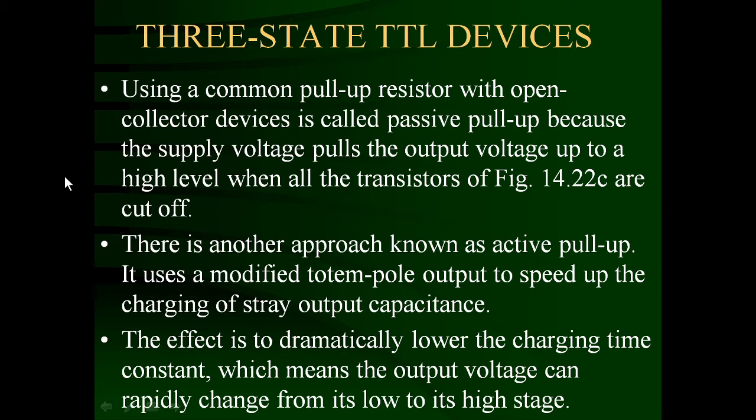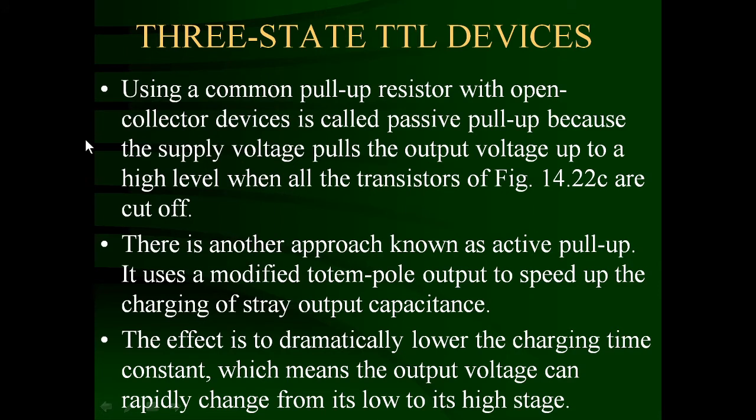What is the advantage of the totem pole arrangement? The output impedance is very low. When the upper transistor is conducting, the output impedance is only 70 ohms. When the lower transistor is conducting, the output impedance is only 12 ohms. That means the stray output capacitance can charge or discharge very fast through this output impedance. That's why the switching speed is very fast due to the totem pole arrangement. Hence they developed tri-state devices with a modified totem pole arrangement, because the old totem pole arrangement cannot be wired together. That we are also going to see here.